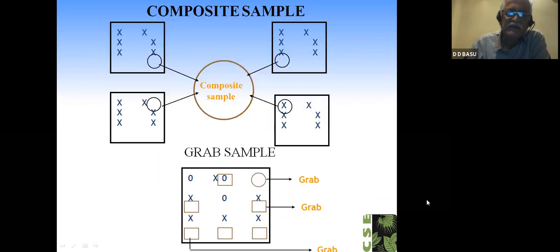This is the composite. Say at 8 o'clock you take the sample and mix it here, at 10 o'clock you take a sample and mix it here, and then 12 o'clock, like this. So at a 2 hour interval, you are taking samples according to the flow, and you make the composite. And for a grab sample, you just take one sample once in a while, and that is sufficient. And it should always be from the middle, not from the edge. Next,